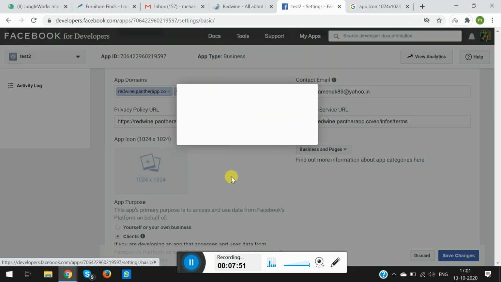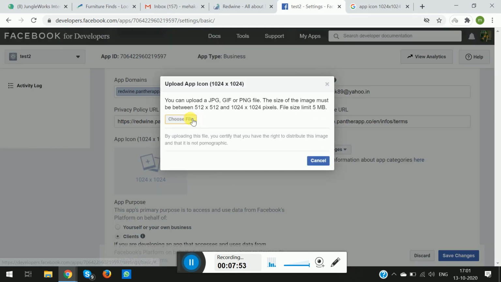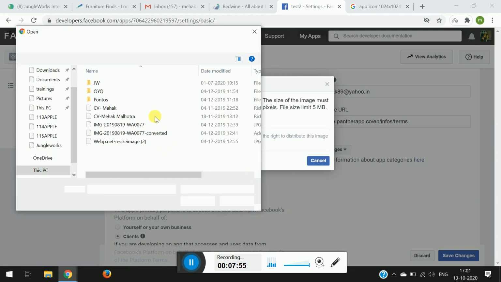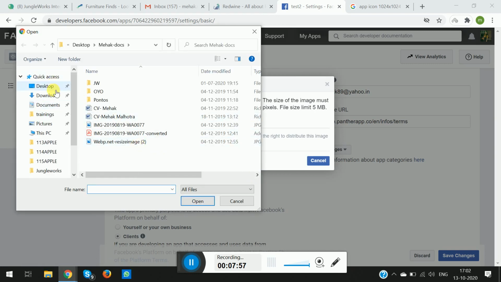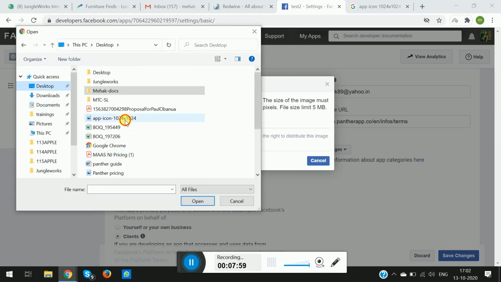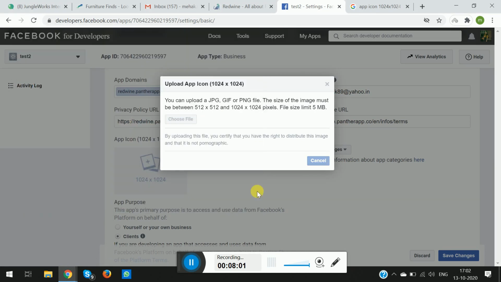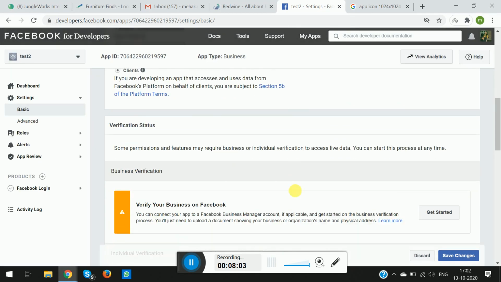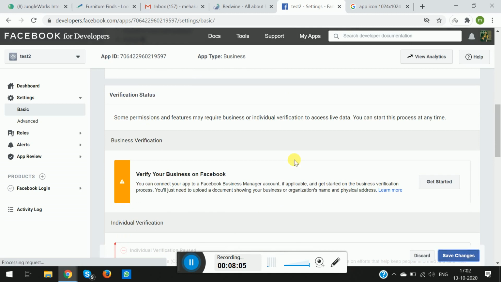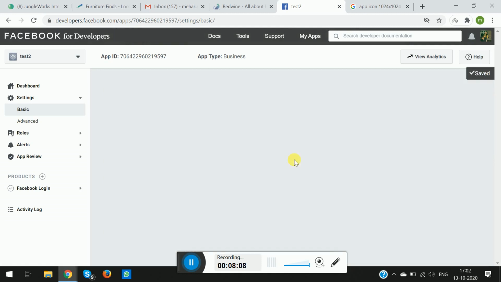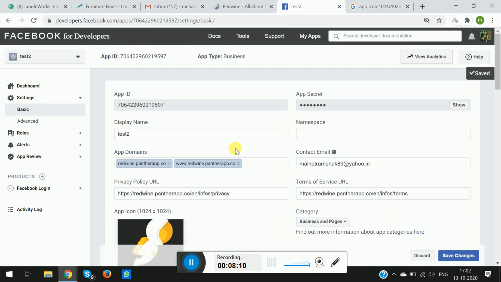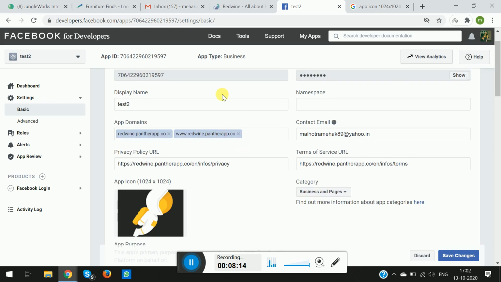So we'll do the needful in order to submit the app for review. You save the changes, and we're all set to go. Once these steps are complete, the app is ready for Facebook social media login.